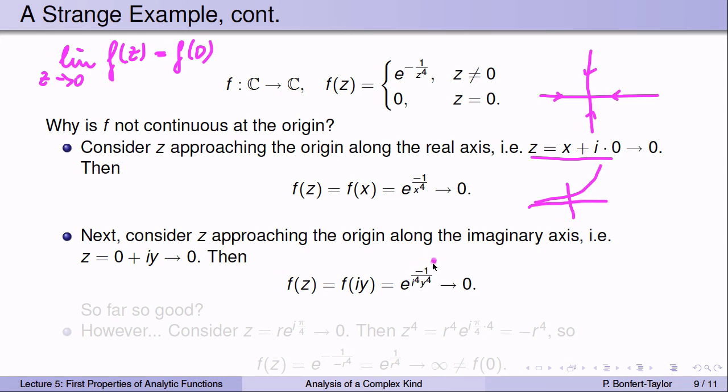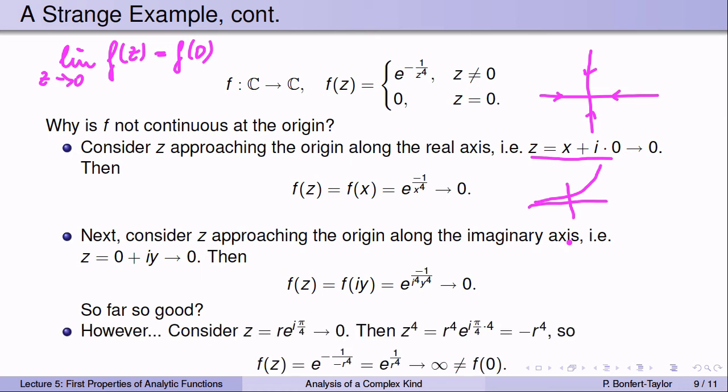So it's e to the minus 1 over y to the 4th, and the exact same reasoning that we used before shows that again f goes to 0. So f goes to 0 as you approach 0, both along the real and the imaginary axis. So far so good, right? Where's the problem? So far it looks like f is indeed continuous. However,